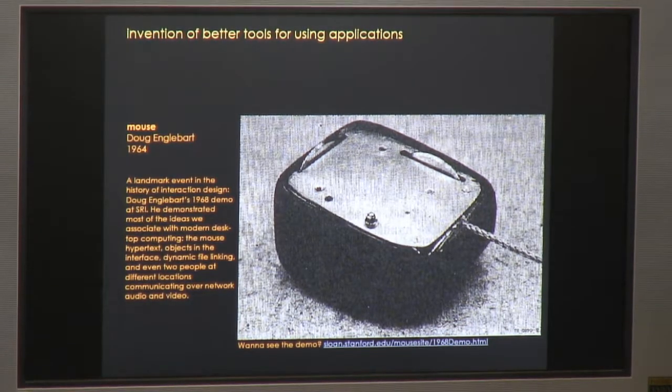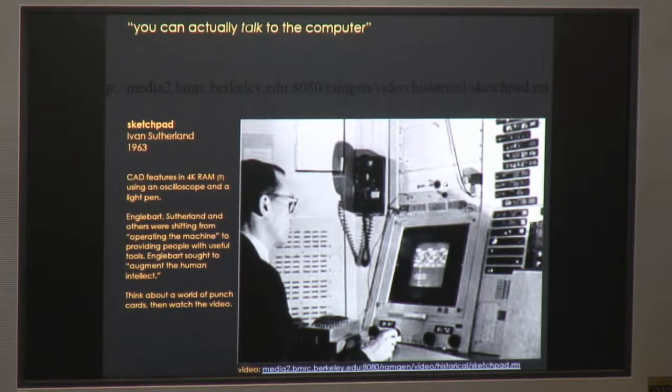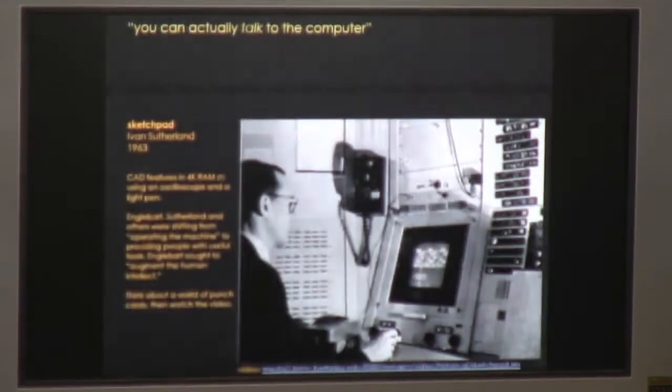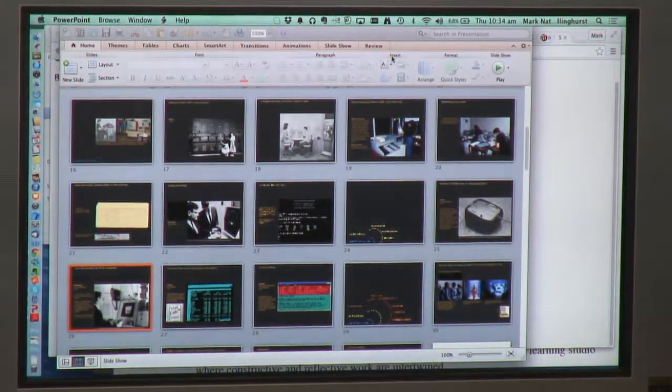Another innovation was interactive graphics. A little bit later, a year later than Spacewar, Ivan Sutherland finished his PhD thesis at MIT, and he developed what was called Sketchpad. You can see this little screen here. Around him, you can see this large computer. So the computer still took up the size of a room, but on this little screen he developed one of the first interactive graphic CAD programs. In this case, you could use a light pen, and you could draw on the screen and create graphics. And I've got a little video of this working.